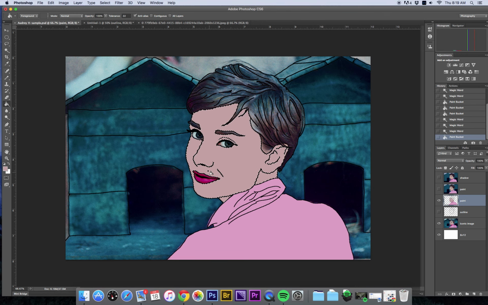So I want to keep doing this, just like a coloring book. Go through the different areas and start to paint in those different sections separately. So now I'm going to stop, and I think as you keep going on,